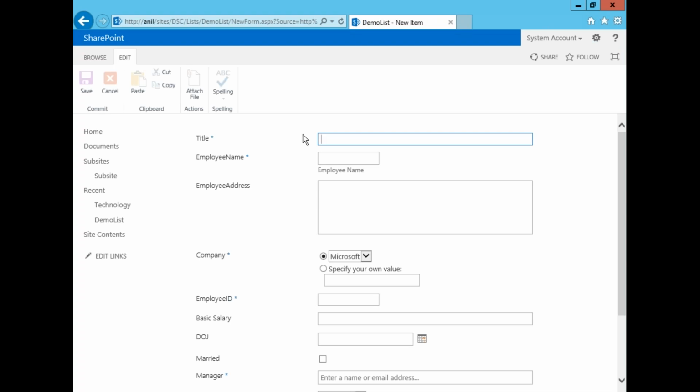See, this is just a plain design, right? If you want to modify this complete design, you can use InfoPath. InfoPath Designer will support designing the new form, edit form and display form. So these topics will be covered in upcoming sessions, how we can modify this into a beautiful design. Okay,